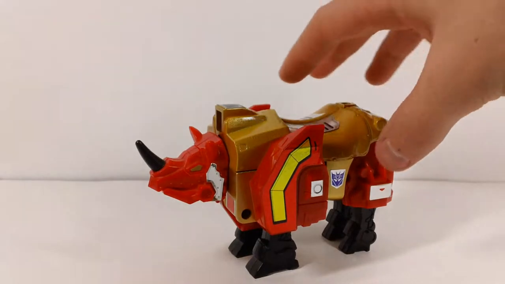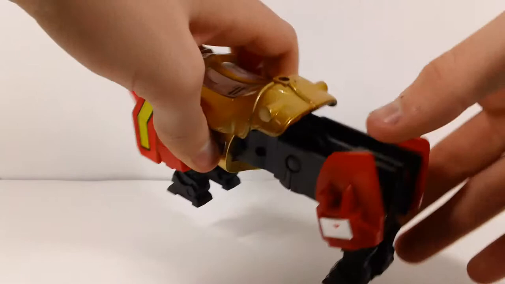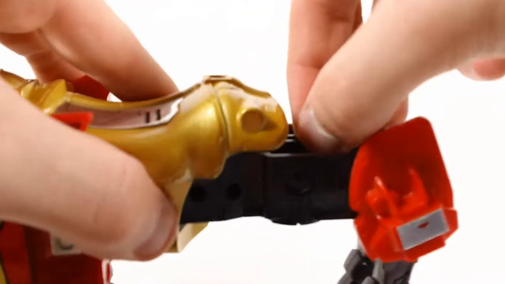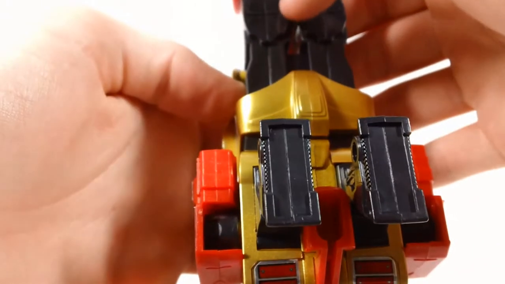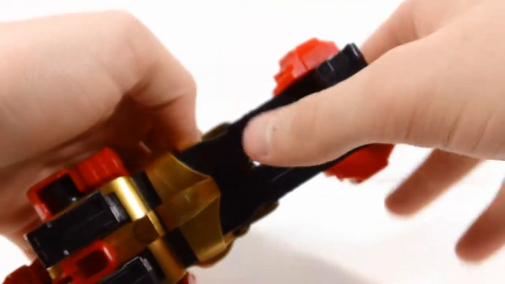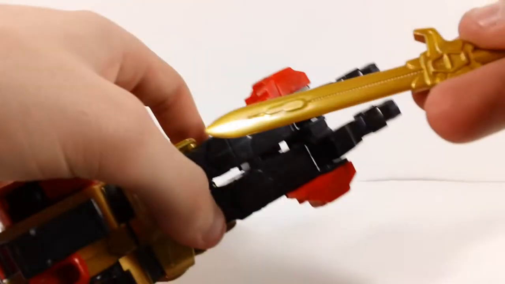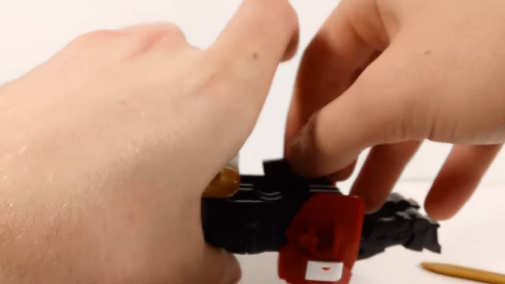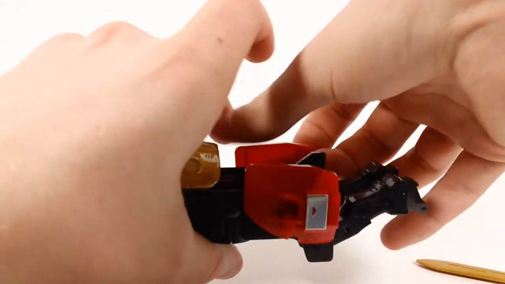Okay, so for transformation to robot mode, what you want to do is take these back sections and pull them straight out from his body. And this little round bit right here, which isn't really round, it's just kind of there, you want to pull it up. And if you can't get it, you can see in between his legs right there, there is a little nub sticking through almost. So you take a sword, doesn't matter what sword, I'm using his sword, and you just poke that, and out comes the back,